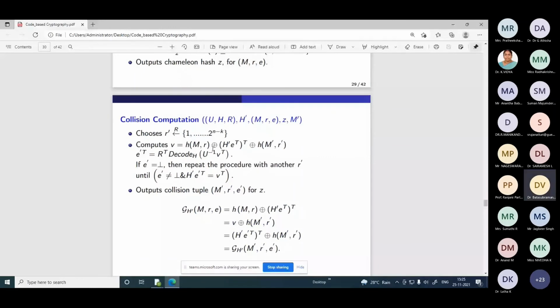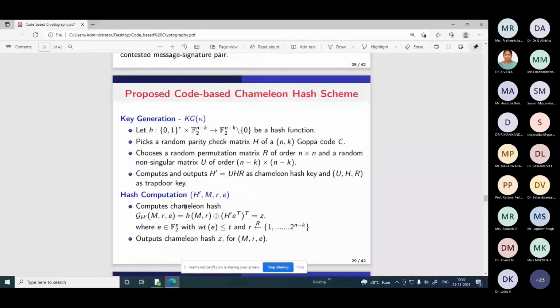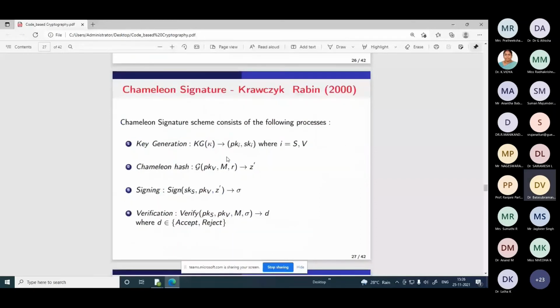Actually, it's not a decoding here. The idea behind proposing this chameleon hash is that we have to generate a non-transferable signature. When you have key generation, signing and verification, three processes, we are just generating an ordinary signature. Here we are introducing a chameleon hash. Why? The signer is signing a document and sending it to the receiver. The receiver should not show that document to anyone, right? So even if he shows it, the third party should not believe it.